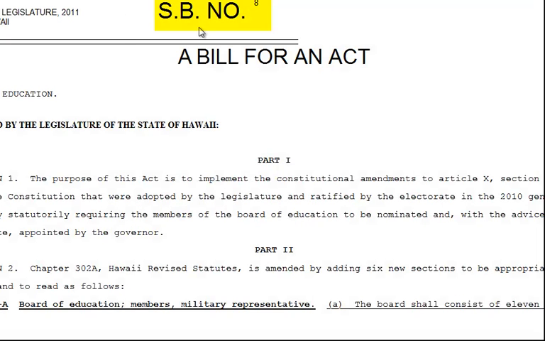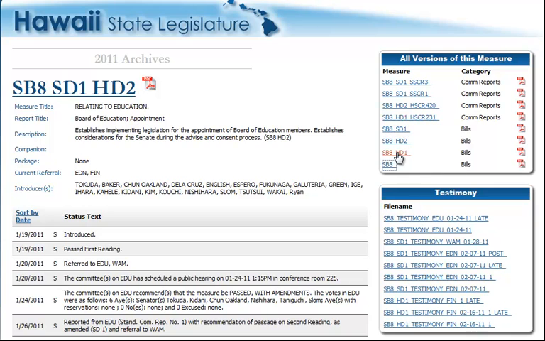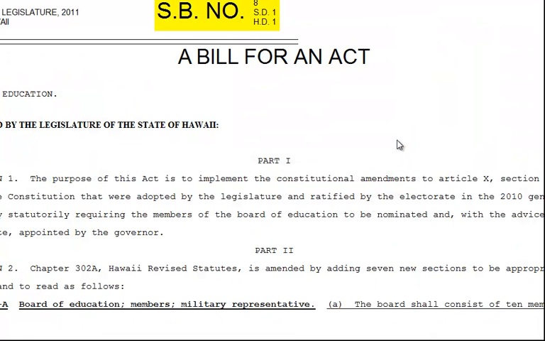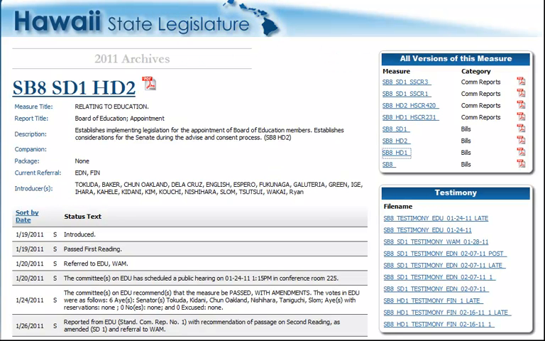You can see it says Senate Bill 8. And then you could look at the bill here. You can see that it says SD1, HD1, and you could do a word-for-word comparison. But that's often tedious, and sometimes you could see the change in the language, but you don't know what it means. For that, we turn to the committee reports, and what's really nice is that they're all listed up here.